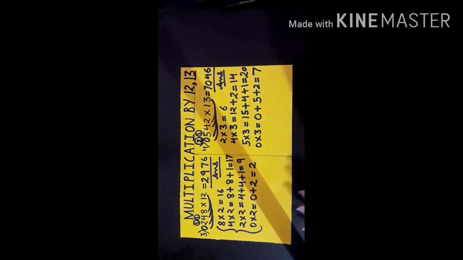That's it. I hope, students, you are getting this method, and if you want to understand these methods more thoroughly, you can see my previous videos, because this is just a revision video. Some sums I have done in front of you so that it will make you revise the method which I have explained before. And with this video I have given you a mixed bag PDF in which there are sums of 11, 12 and 13. It is mixed sums. So try to do them with this method and please don't use the arrows and the rough work. Try to do it orally.